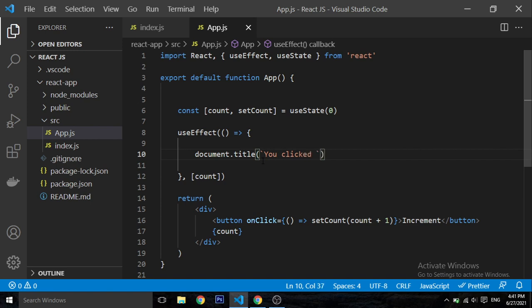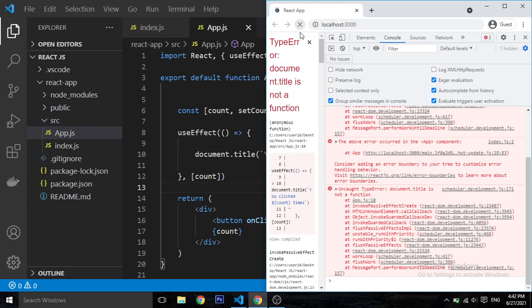This is the same, but the one thing these are used for is when we type a dollar sign and then these braces, we can just type a variable here, and this will automatically stringify that for us. So if I type count times, this will say how many times we incremented, and you will see what I mean. Now if I refresh,